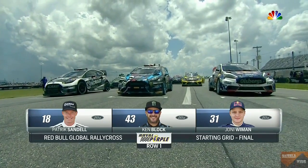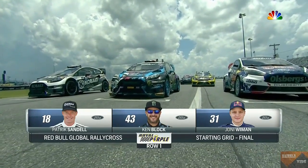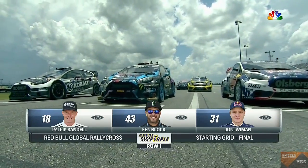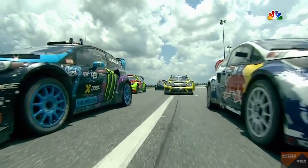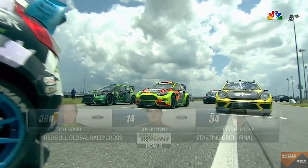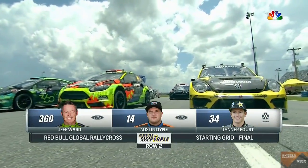Here is the royal purple grid on the pole position. It's Patrick Sandell, Ken Block in the middle, who does not recognize that car. Well, you haven't been on the internet recently. And on the outside, it is Joni Veman. Onto row 2. Well, those are the three big dogs up front, but then going back, Jeff Ward turns 54 years old on Monday,